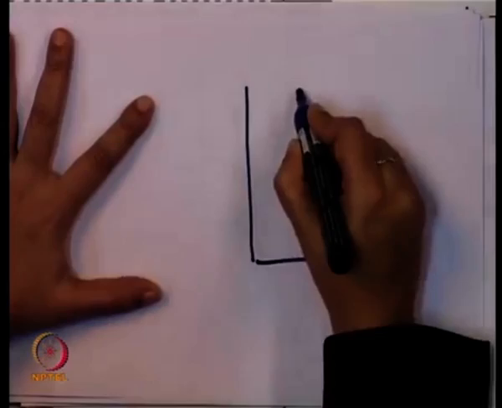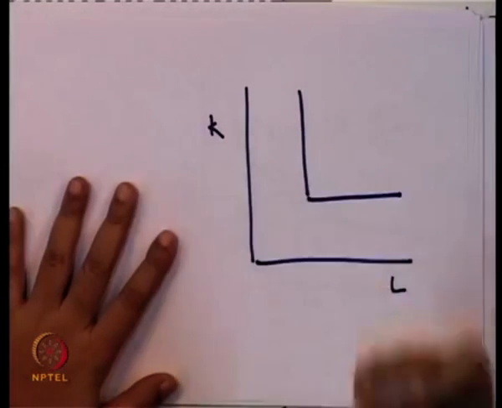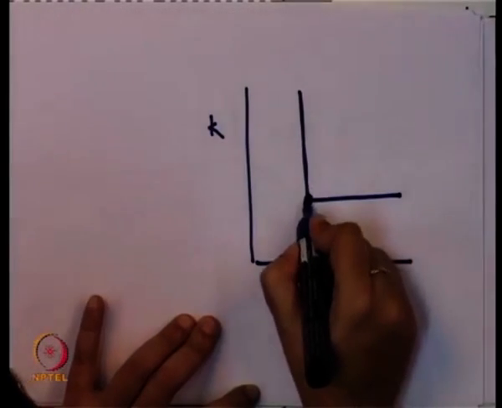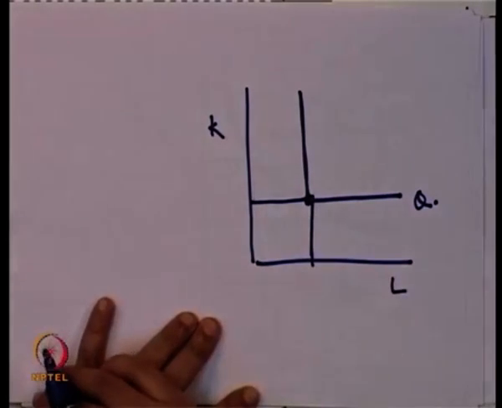Now, let us understand the case where capital and labor are complementary to each other. You cannot produce output without at least some amount of the other input. So, it cannot be produced only with the help of capital or only with the help of labor, and both capital and labor are perfectly complementary to each other. In this case the isoquant follows an L shape, and why does it follow an L shape? Because at this point the level of output is such that it involves a combination of capital and labor.